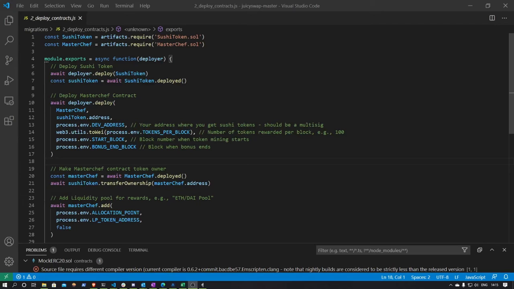And then we have the token per block reward that we're giving away. And after that, we have the start block when we're actually going to start minting rather than mining, minting tokens. And we also have the bonus end block. This is when you will no longer get the bonus for staking